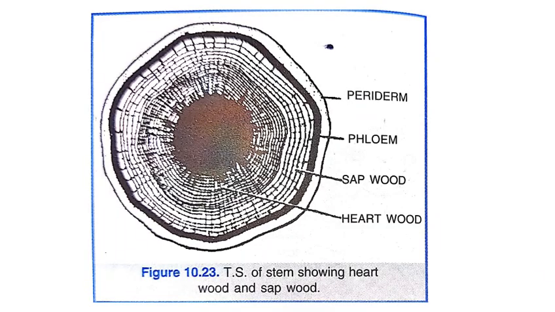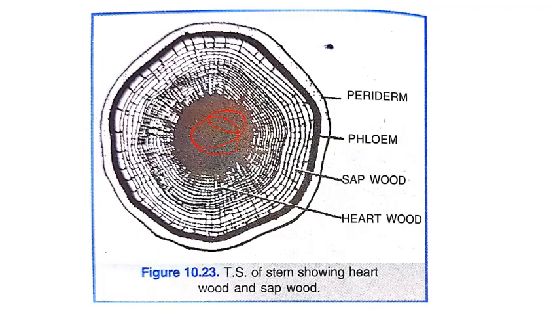So, this is the transverse section of a stem showing hardwood and sapwood. The black part is known as the hardwood and the lighter part around it is known as